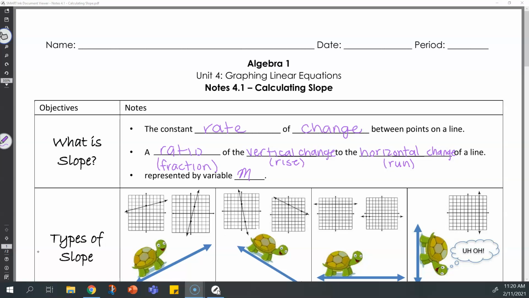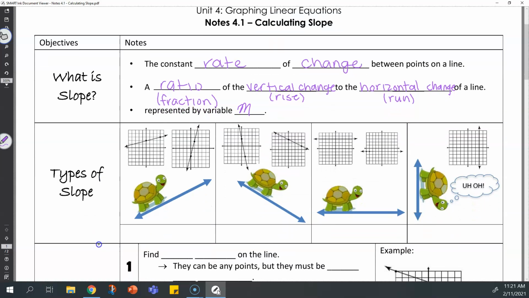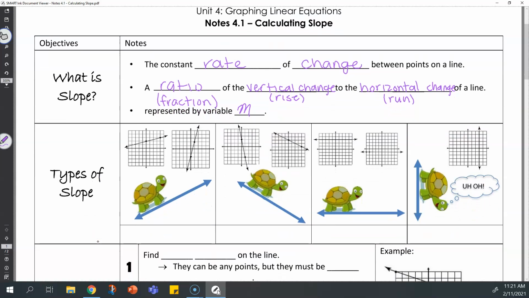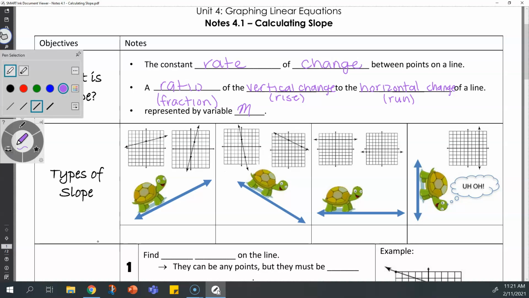Okay, so it's a ratio or a fraction that compares the vertical change, the change as I move up and down, to the horizontal change. How does it change as I move side to side? So just a quick refresher that there are 4 types of slope. And if we look visually at what the graph looks like, it becomes very easy to classify these types of